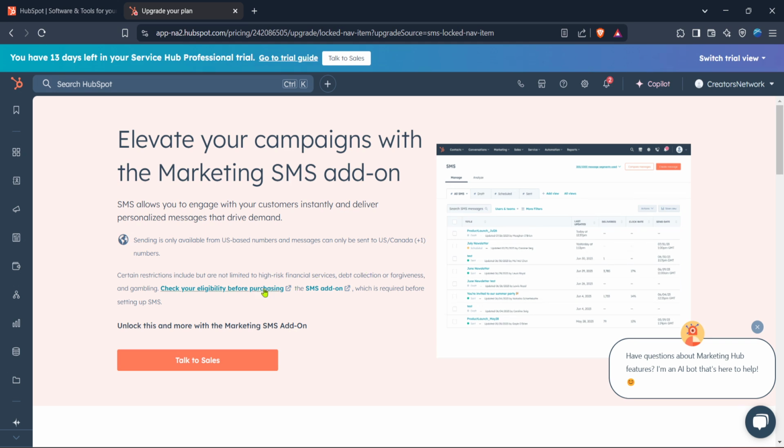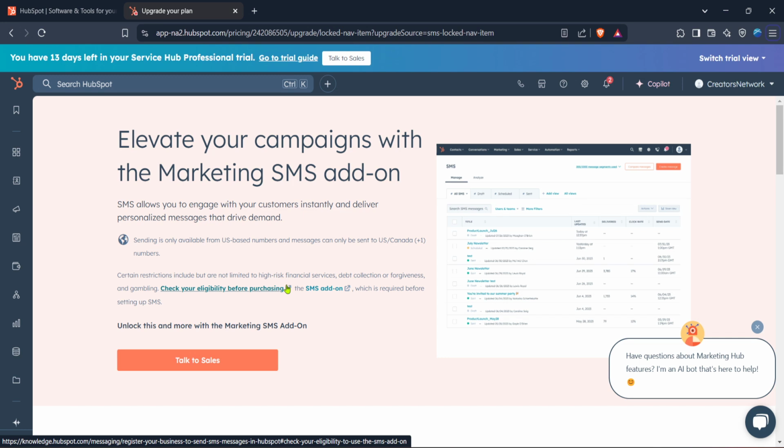Don't hesitate to reach out, as their team is well equipped to guide you through any inquiries you might have, whether you're just starting or looking to scale up. As you navigate through the platform, pay attention to any highlighted sections. These are often where HubSpot draws your attention to new features or suggestions, which can be beneficial in maximizing the platform's tools. Throughout this process, remember that each step is designed to enhance your ability to communicate effectively with your